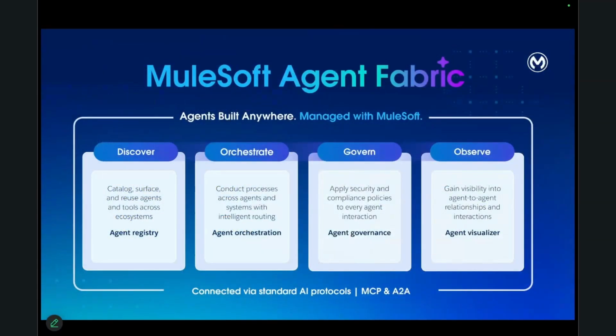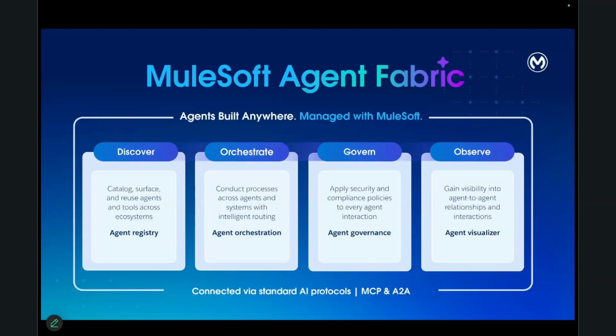Now, the capabilities that we bring in order to meet this need in Agent Fabric break out into four major categories. An agent registry that allows you to register and discover the agents that you've got in your environment. Agent orchestration that allows you to specify for given business activities and processes what are the agents that should be involved, whether there's a finance and an HR component or a supply chain and a discovery component or whatever it might be. You're going to have agents, as we saw illustrated previously, that are specialized in those areas. So being able to orchestrate them correctly is going to be a huge part of getting effective use of agents over time.